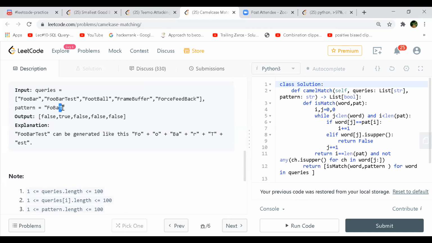I mean, in the pattern you have uppercase, and in the query you don't have it. So in this case, if you have T as an uppercase, but in your pattern you had another uppercase letter, say P, then that particular query will be false, because you can only insert lowercase letters. So I think it's basically having the same uppercase letters in the query and the pattern. The uppercase should match that in the pattern.